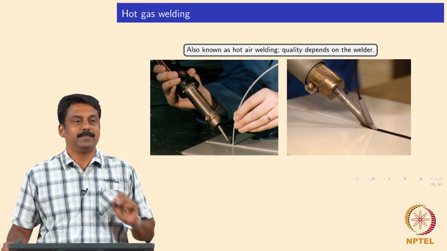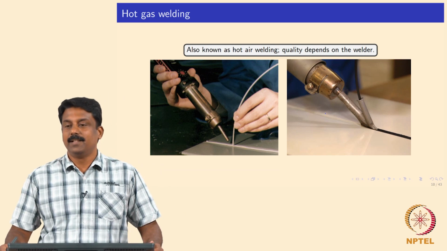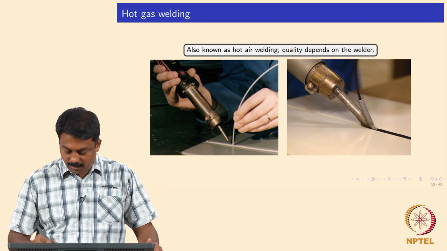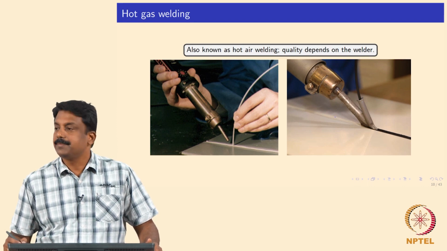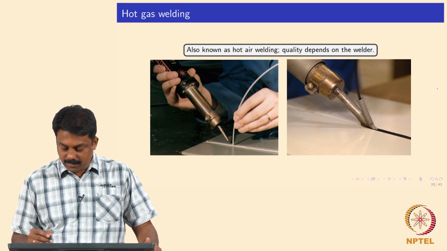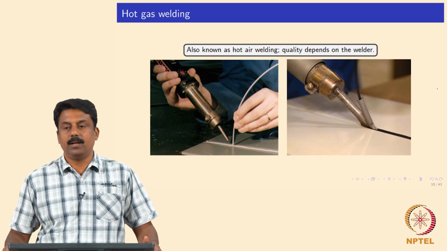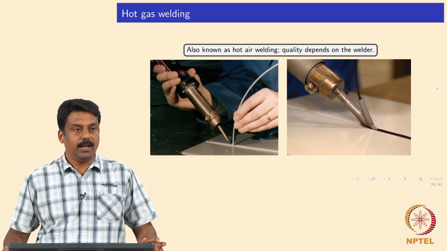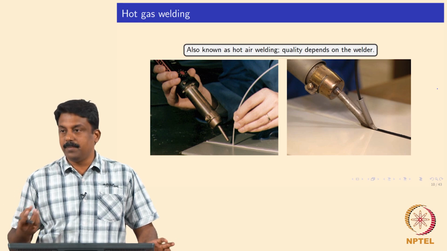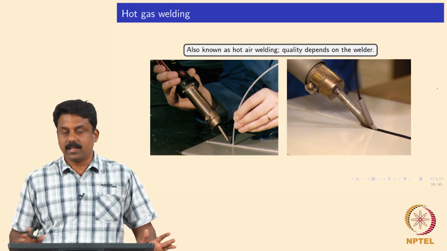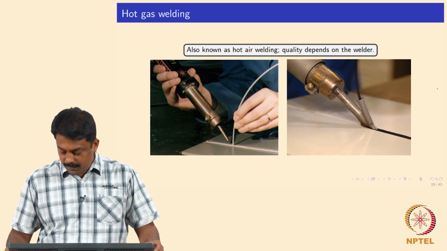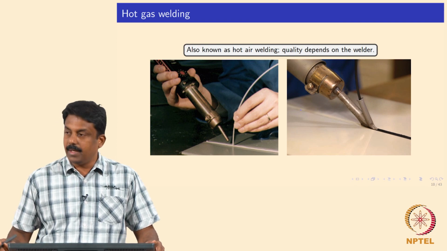It is like GMAW welding, isn't it? So what you do is you have hot air, it melts the filler and deposits it at the faying interface. It's clear. The filler can be low melting thermosetting polymers, or we can also use thermoplastic polymers. But thermoplastic polymers generally have less strength than thermosetting polymers. So we can also melt and deposit the polymers and then make a joint.